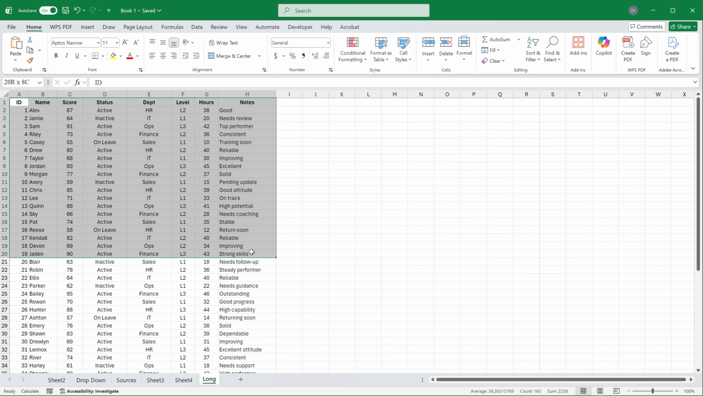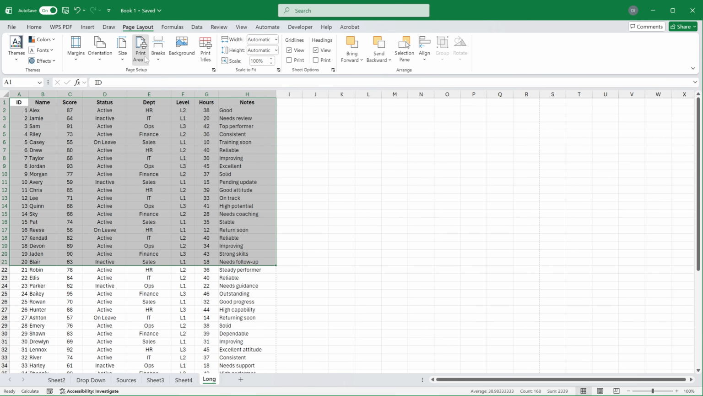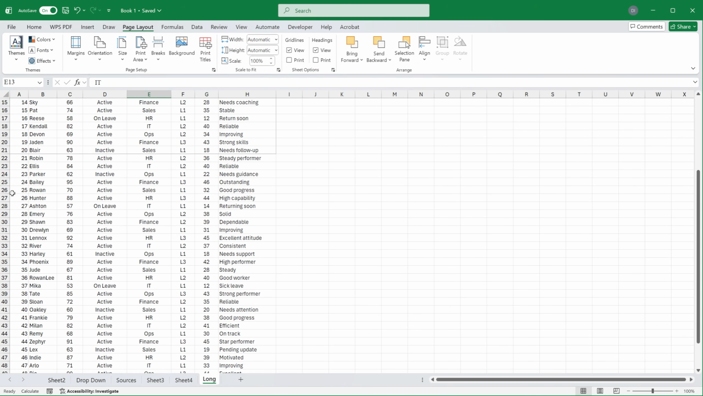So let's go ahead and highlight something, say for example this particular part right here, and then what we can do is click the Page Layout, and then we have Print Area here. Go ahead and select Set Print Area, and once it's done, you can go ahead and look for the other,